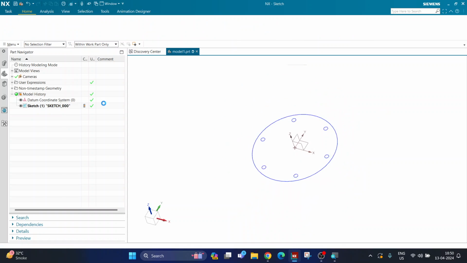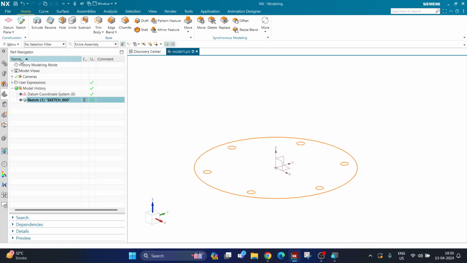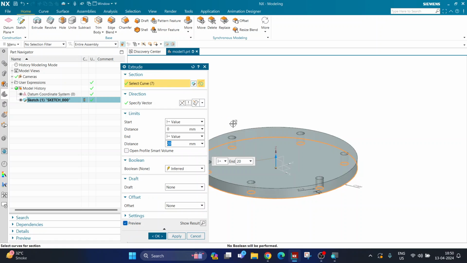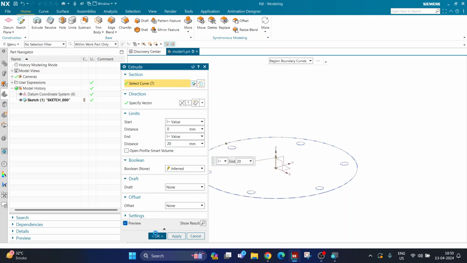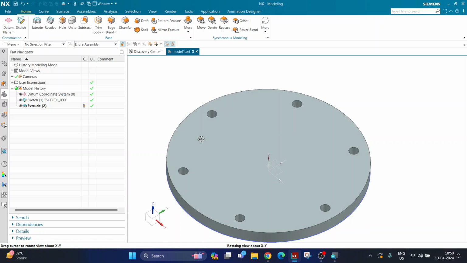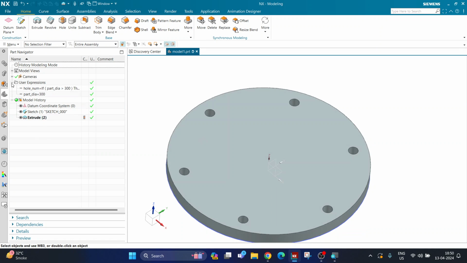I'll click on finish. Okay, and I simply choose extrude. So it's a simple part, a single sketch with some expression inside it. Okay, and it's a simple part over here. Now, if I go here in my user expression area on the left,